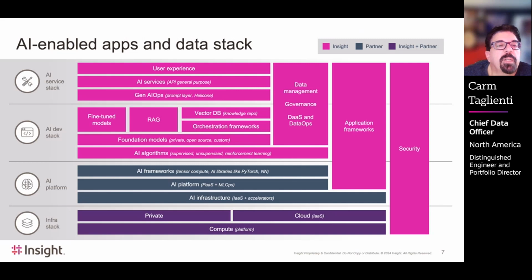And then, of course, the application at the top of the stack here, which is how do I create user experience, web interfaces, or how do I interact with my user? And it doesn't just have to be text, for example, that we've grown accustomed to with ChatGPT, but it could be visual, speech to text. There's other kinds of interface modalities that we can think about. So data management is an important part of this, which is sort of this big block to the right. And then the application framework.